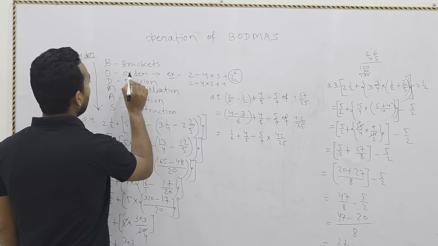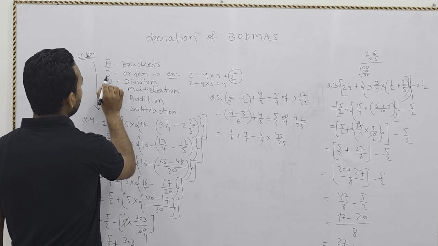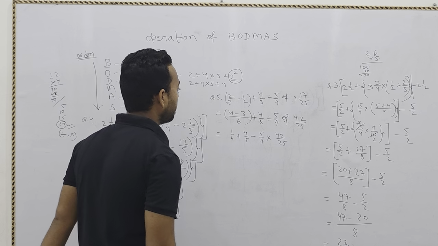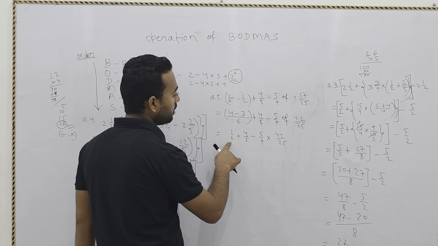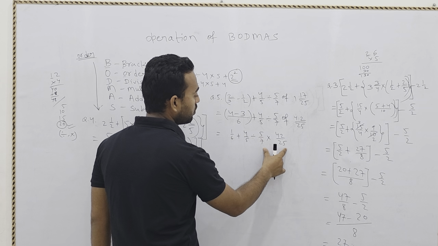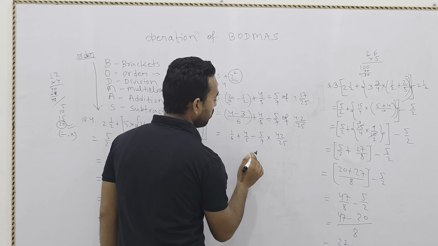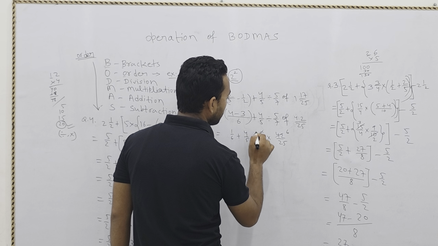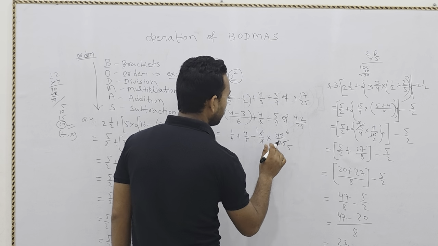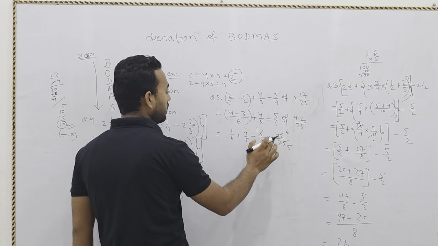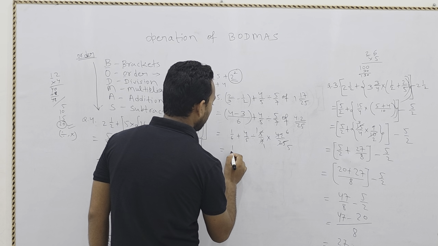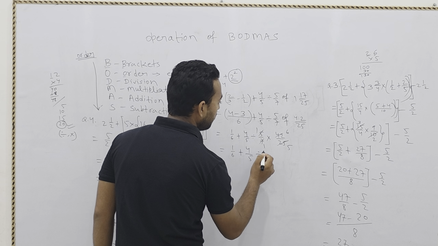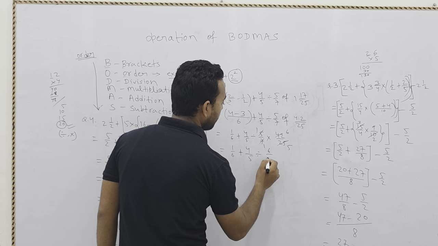Here you can see after BODMAS, after B bracket we will solve the order, that is multiply. So here the bracket portion we solve here. Now this of portion we will solve, this of portion, not divide. So here 7 के टेबल में एक बार में, ये 6 बार में, 5 के टेबल में एक बार में, ये 5 बार में. So here the rest is only 6 by 5. So here we can write 1 by 6 plus 4 by 5 divided by 6 by 5.